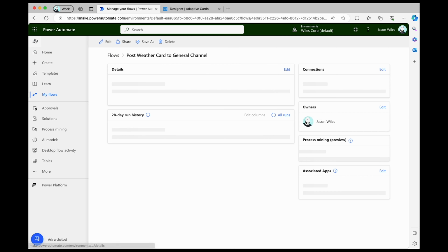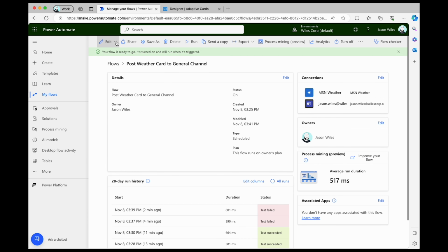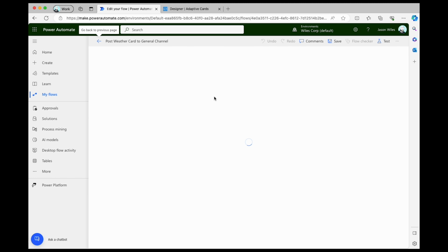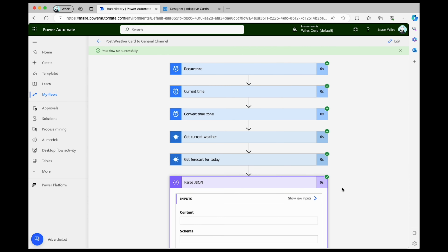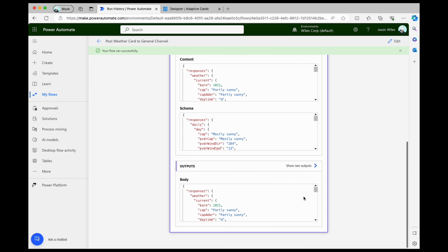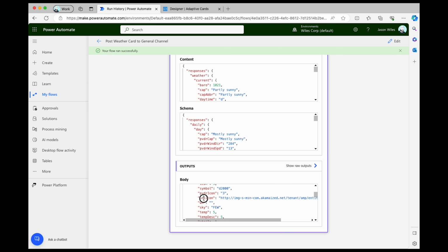We're going to go back. I have found the more classic editor is better at dealing with functions than the new ones. Let's just go to edit, go back into the classic designer, and let's see what JSON is returned. So if we go to the body, we'll notice that there's an object, and nested within that object is URL